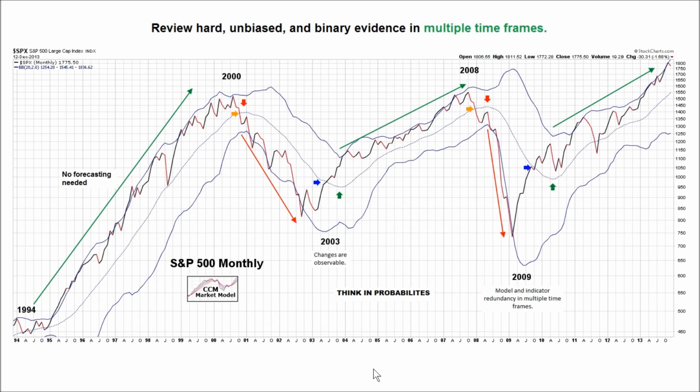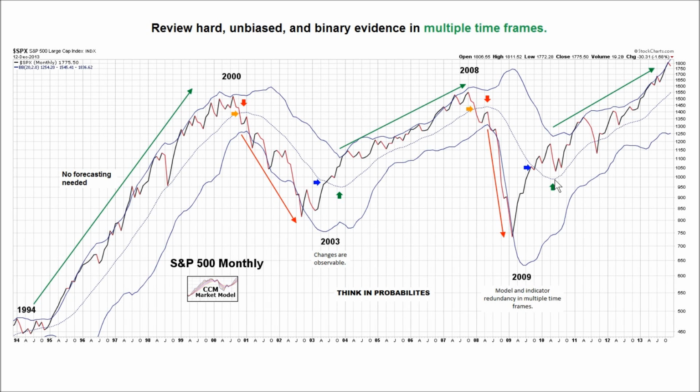Here's another example of some of the binary questions used in the model. This is a Bollinger Band here, the blue, the dotted blue. In the blue, the questions the model asks: is price above the center line, and is the slope of the center line up? You can see here the answers to those questions are no. In the year 2000 and early 2001, the odds of bad things happening increased. Here, the answer to both questions, price is above the center line and the slope is up. Good things happen. Price is below the center line and the slope is rolling over. Bad things happen.